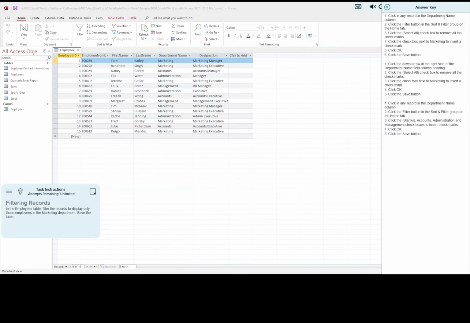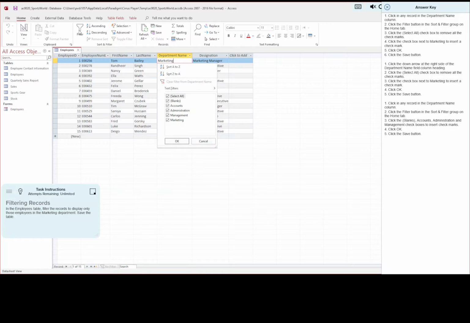Click in any record in the department name column. Department name column. There we go. We'll start with marketing. We're going to click the filter button in the sort and filter group on the home tab. Sort and filter, filter button right there. And we're going to select all. We're going to get rid of all those different